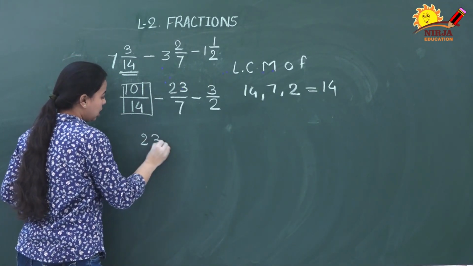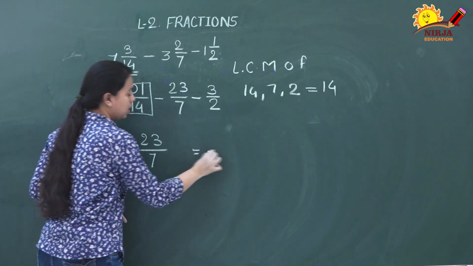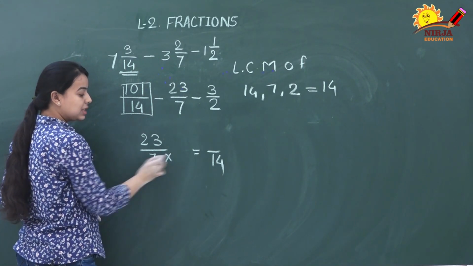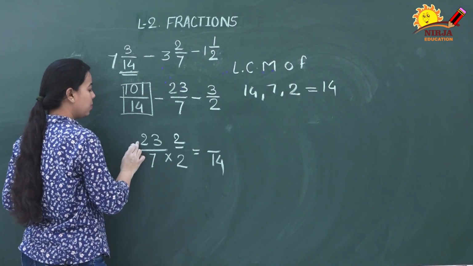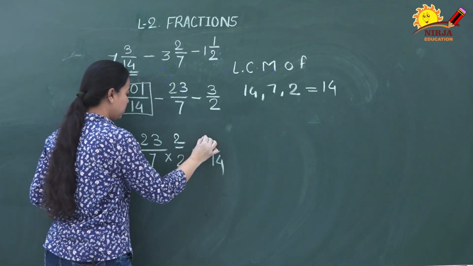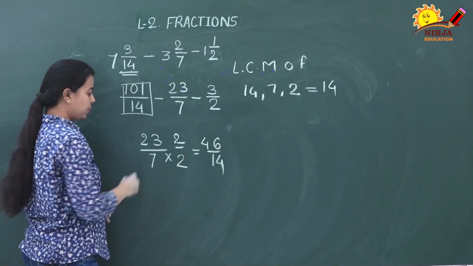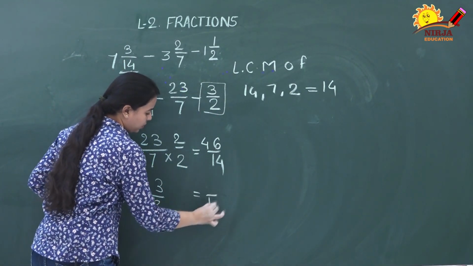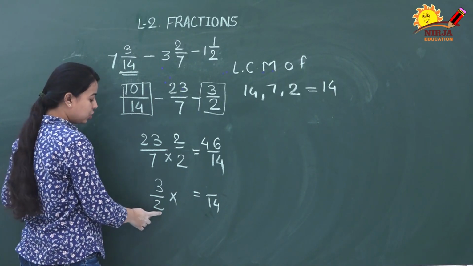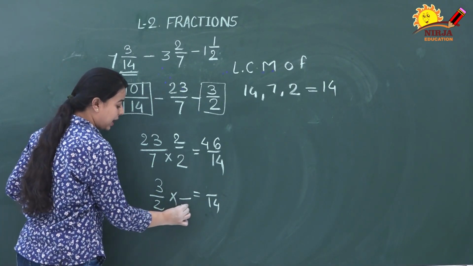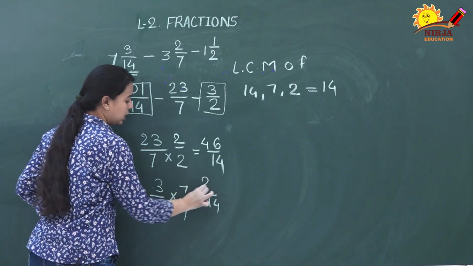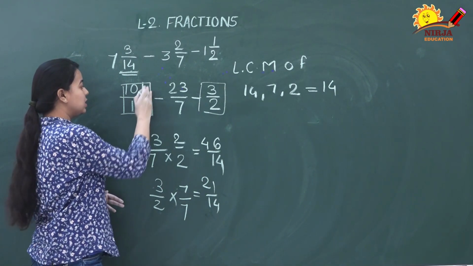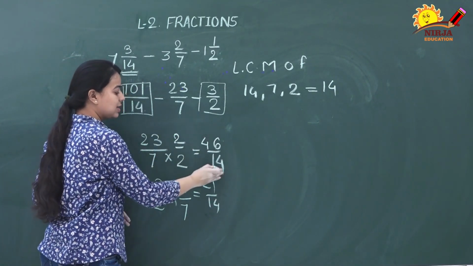Let's pick another, 23 upon 7. We want to get denominator as 14. So for that we can multiply 7 by 2. Numerator also, 23 multiplied by 2 is equal to 46. Let's pick now this 3 by 2. To convert 2 into 14 we need to multiply it by 7. 3 7s are 21. So now we have three terms as like fractions, 101 upon 14, 46 upon 14